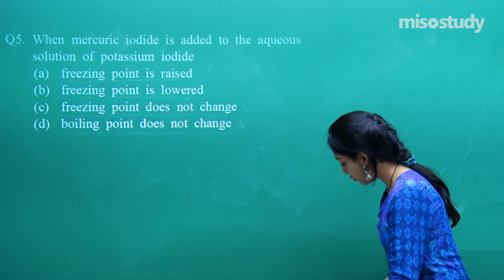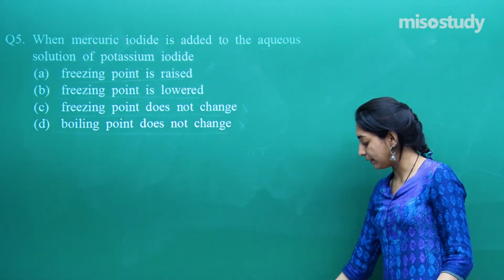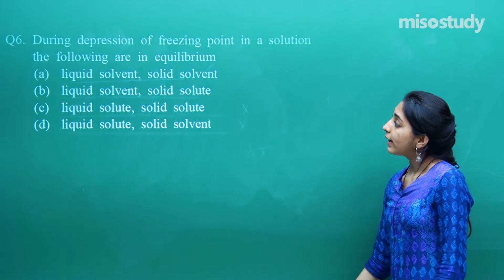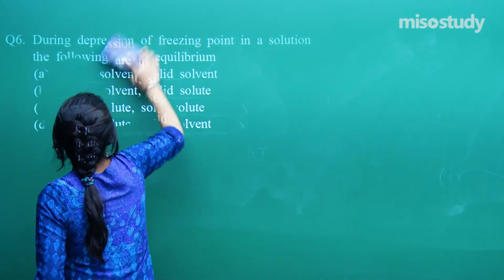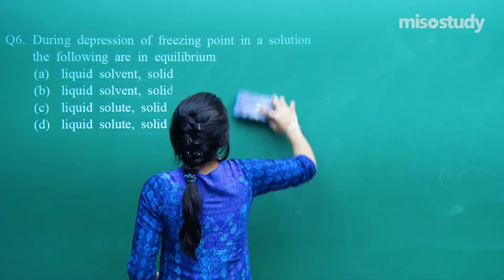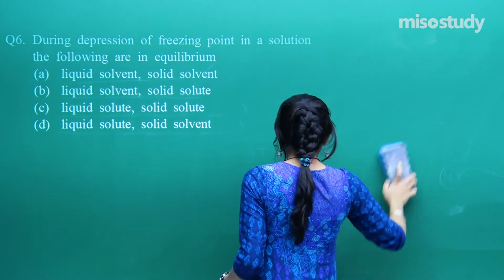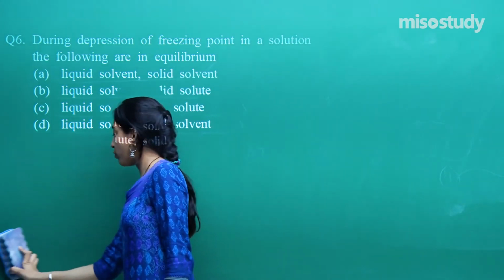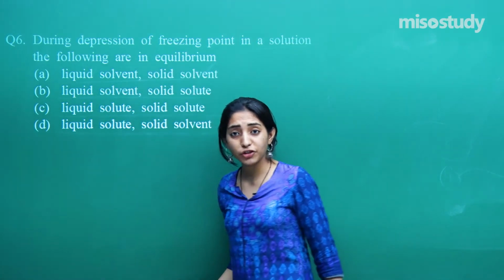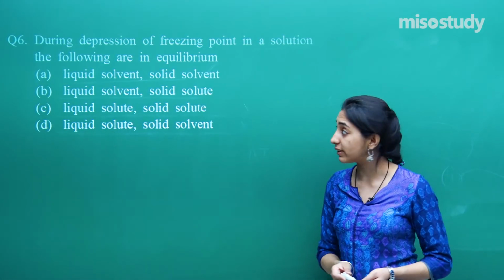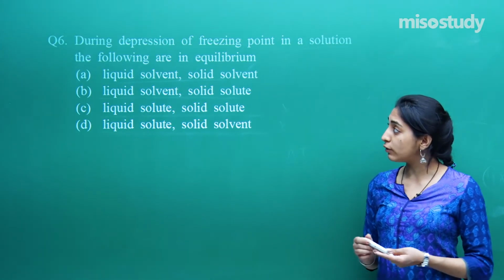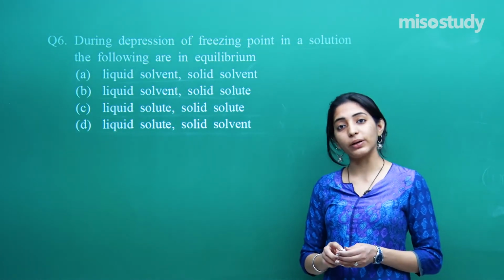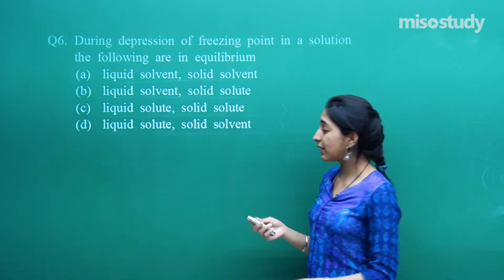Moving on to our next question, question number 6. It says that during the depression of freezing point, we know that when a non-volatile solute is added to a volatile solvent, there will be elevation in boiling point and depression in freezing point. So during the depression of freezing point in the solution, the following are in equilibrium. So when something is freezing out, let us say